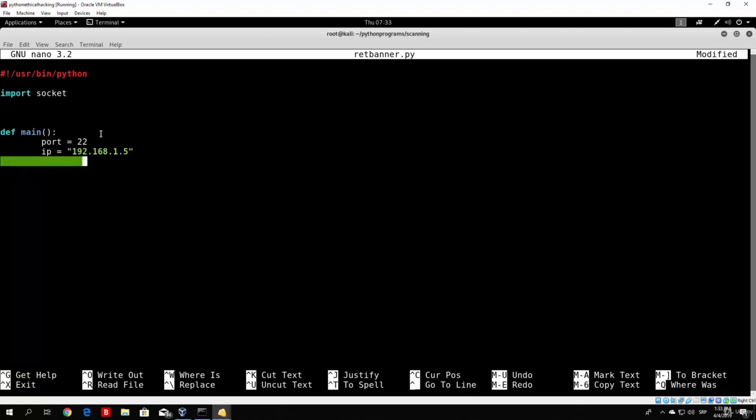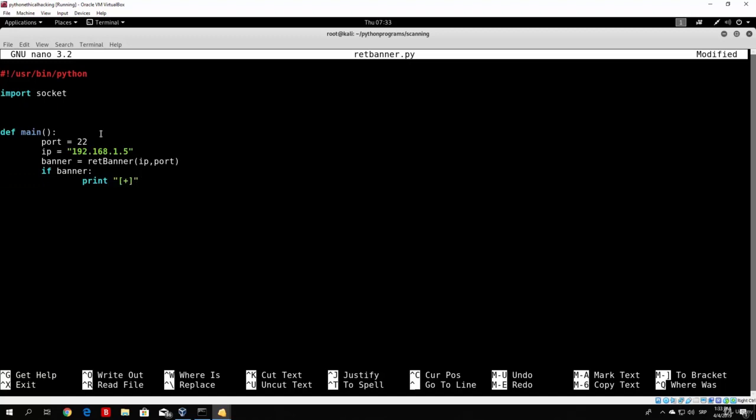And all we have to do is create a variable which will be banner, which will store the result of the port sending us the banner back. So let's see how we can do that. The banner will be something that we return from the function return banner, which we didn't code yet, and we will code it right now. That function will take an input of the IP address and of the port, which is port 22. And then after that, if banner exists, so if we received anything, we can just print something like this,